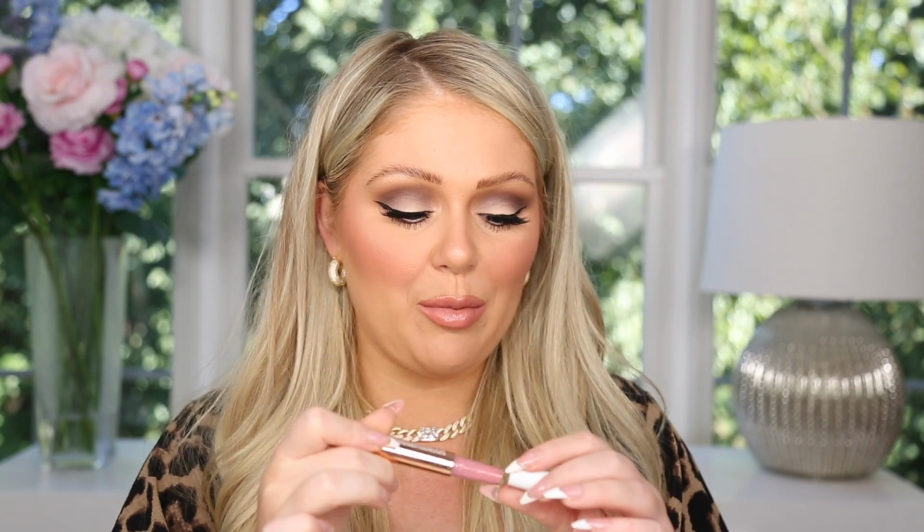So this is the shade Cherry Blossom, which is my personal favorite. I'll put a little on my lips right now. You just kind of click them up. And they're basically like a lipstick, lip gloss, lip treatment, plus lip plumper, hybrid. Like it literally does it all, because they have the coverage of a lipstick. They feel like a lip treatment, very nourishing. Plus they have that plumpness that they'll add to your lips, but they look glossy like a lip gloss. So truly an all-in-one product, and this one in the shade Cherry Blossom is just my personal favorite color,